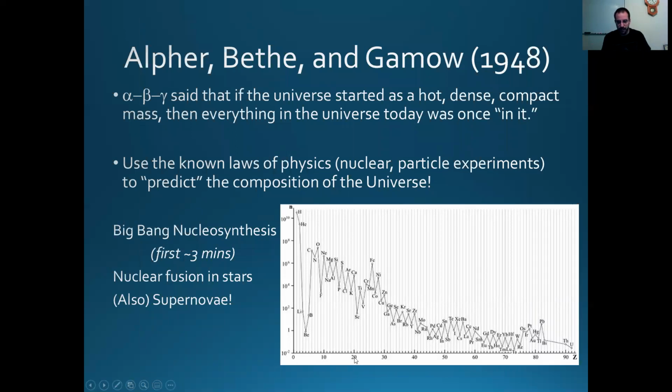So what we see here is a little plot. At the bottom is our little friend, the atomic number, remember from chemistry. Up here we have the abundance, and this is a logarithmic scale, so each tick is a factor of 10. You'll see hydrogen and helium, which are by far the most abundant elements in the universe. Then you'll see these elements, there isn't that much of them.